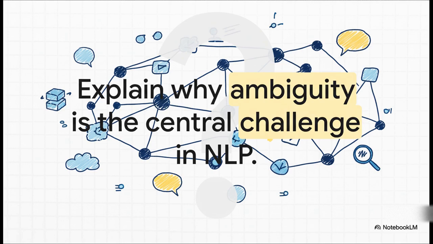You should be totally prepared to see a question just like this, and here's how you nail it. First, you define ambiguity. Then, give a solid example. For syntactic ambiguity, that's about sentence structure, use the classic, "I saw the man with the binoculars." Who has the binoculars? Me or the man? See? Ambiguous. For semantic ambiguity, that's about word meaning, use something like, "the bank is closed." Are we talking about a river bank or a money bank? Providing clear examples like that shows you really get it.